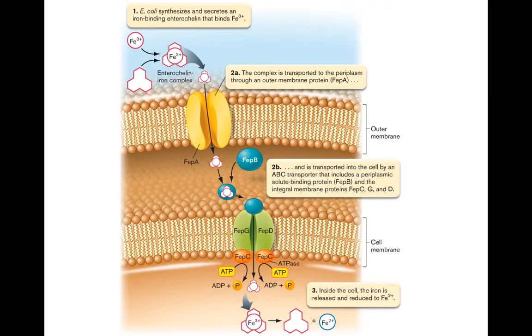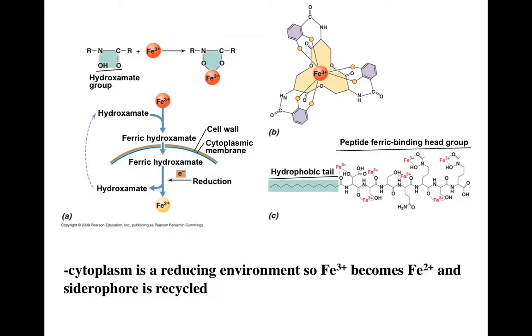iron in the environment. So it's a really elaborate way to bring iron in, and it kind of illustrates how important iron is for these cells. And I think I kind of got ahead of myself because, yeah, I mentioned that the cytoplasm is, I should have said, it's a reducing environment because there's lots of electrons looking for a place to go. So iron is, from the ferric form, reduced to the ferrous form, and then the siderophore is recycled to